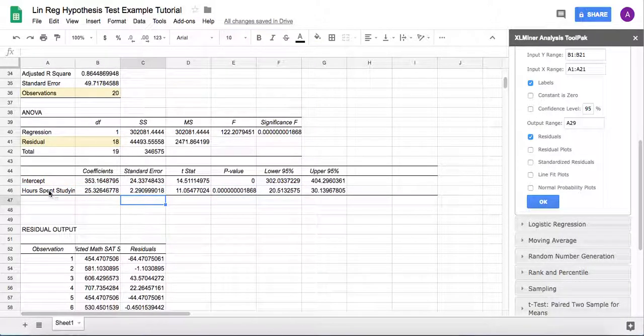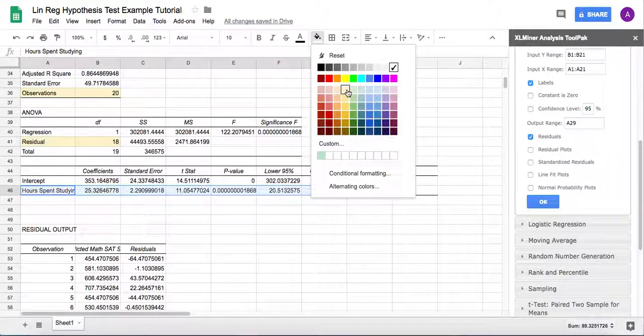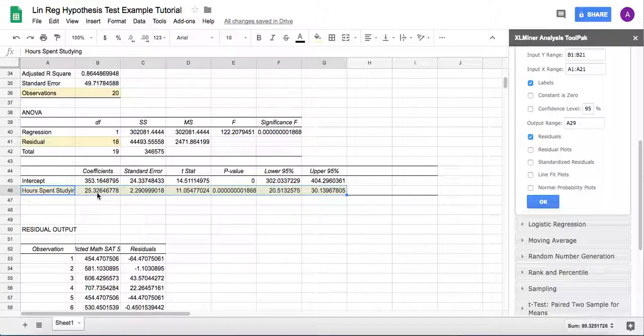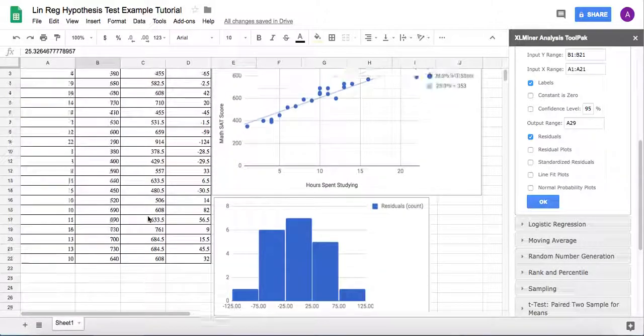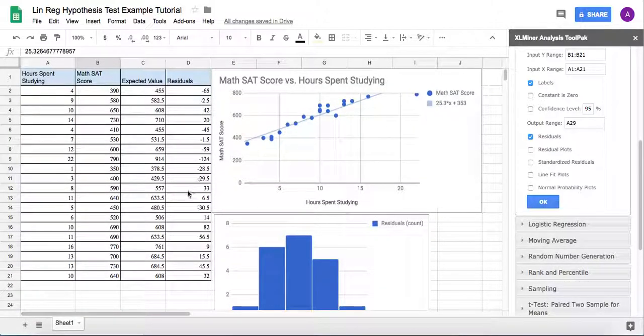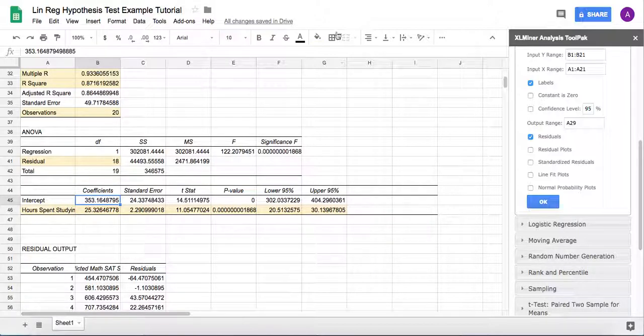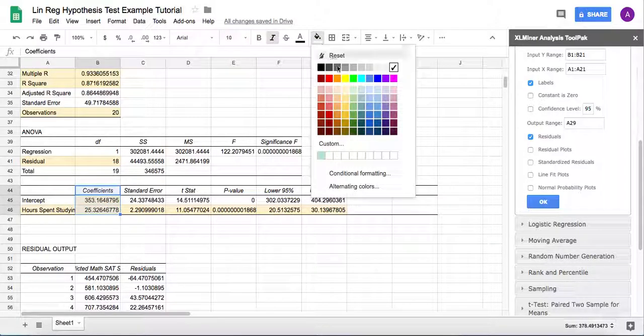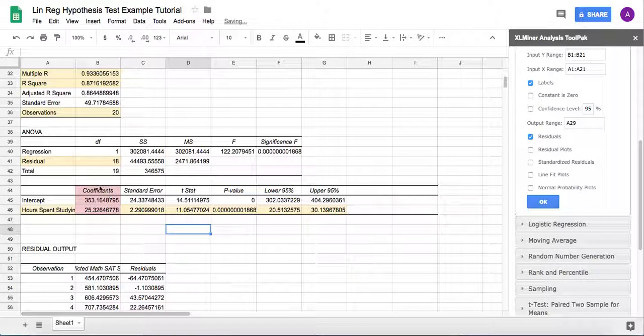Here we go, is our slope. And so this right here is the actual slope, 25.32, and if we go look, what did it say? 25.3. So here is secretly, this is the other piece that we care about. This secretly, maybe I'll highlight this in a different one. This is secretly our equation. So our equation really is y equals this number,